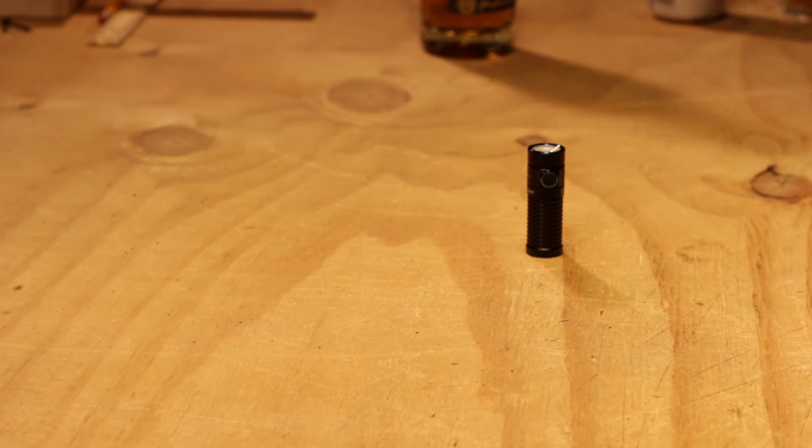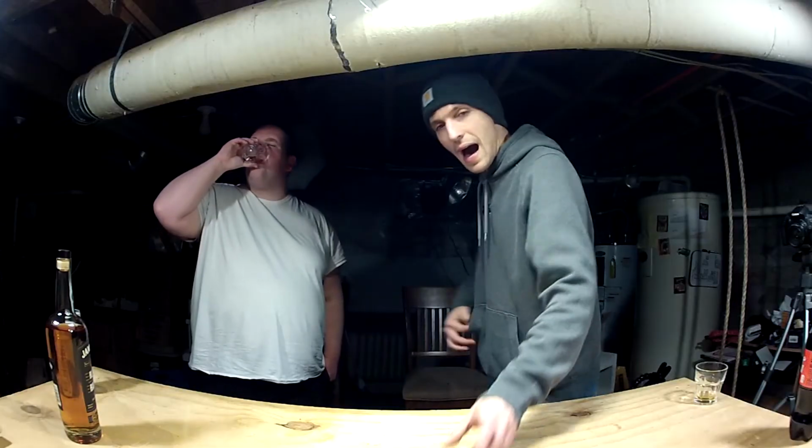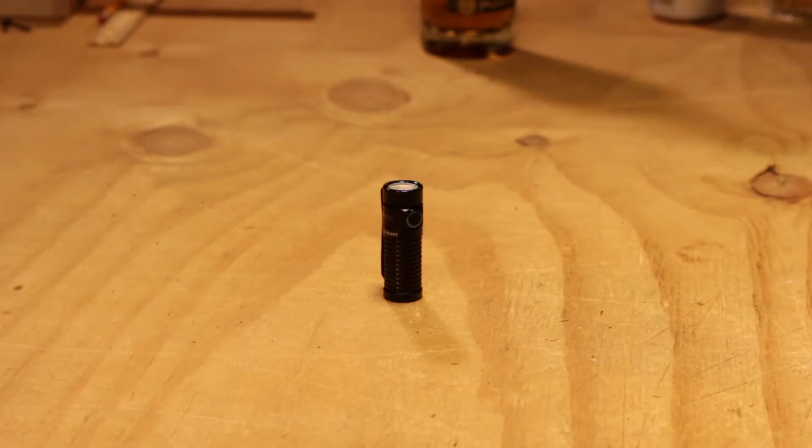That being said, I will tell you, I love this flashlight, but the biggest con for me with the Olight and the MicroStream, the Olight EOS and the MicroStream, I carried in my back pocket. This flashlight is not comfortable to carry in the back pocket. So the hardest part and the biggest...